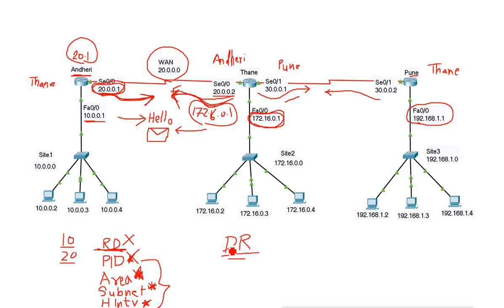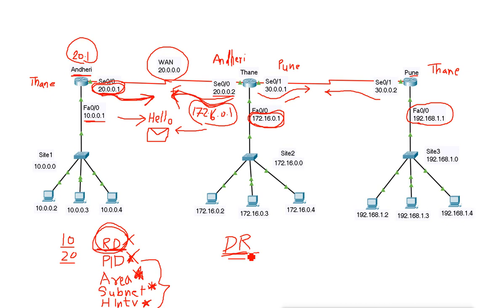For this election, the router IDs will come. Every router is sending its router ID. They are saying, this is my router ID. This router says this is my router ID. This router says this is my router ID. Once they compare with each other, they will decide who is going to be the DR, designated router.